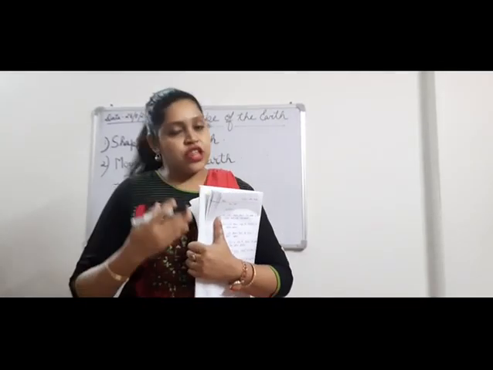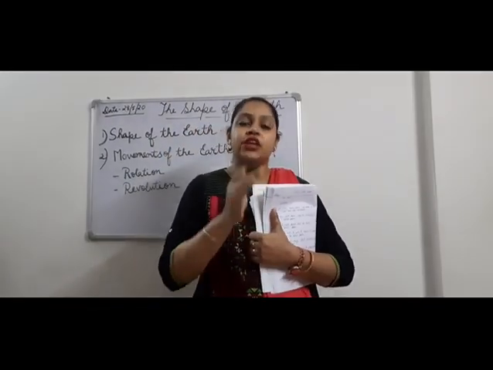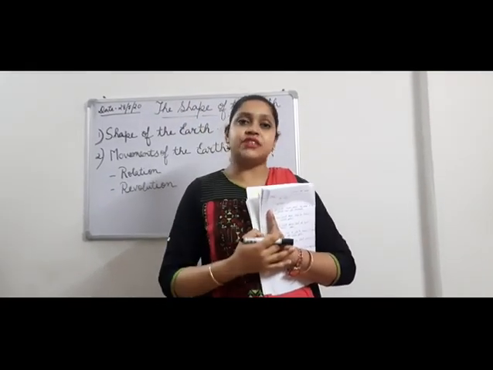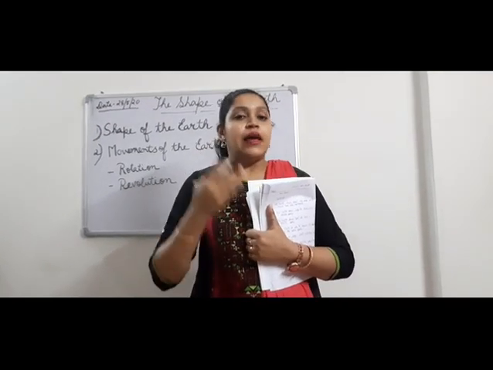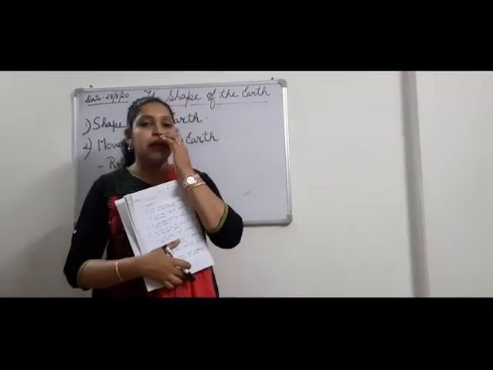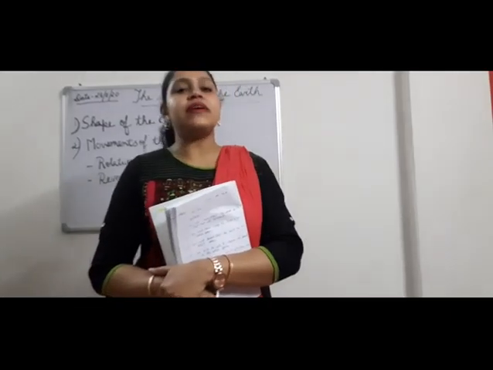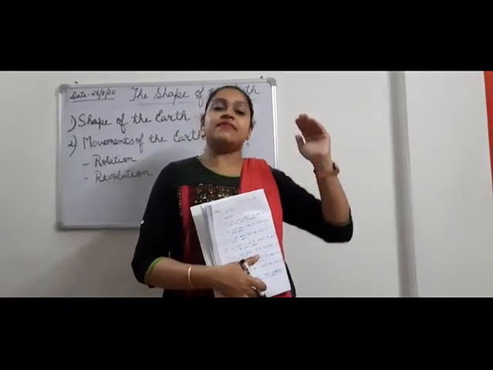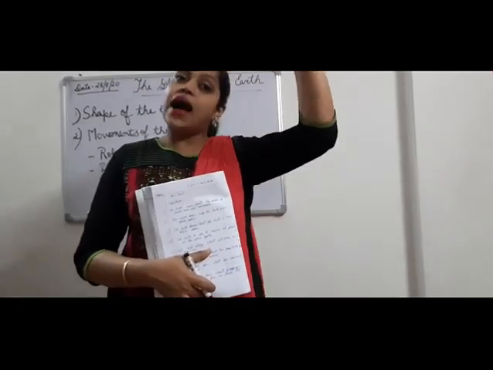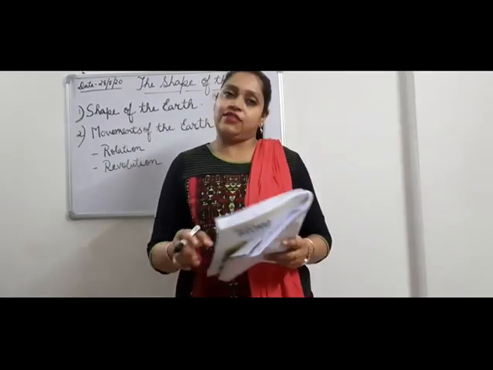Okay children, shall we proceed with the chapter? In your book, you can see a pink colour paragraph, which is a conversation between 3 children. When you read, you can see that the 3 children are discussing an astronomer. Now, who is an astronomer, children? An astronomer is a person who studies space, the skies, the stars, the moon, other planets, who studies the universe. That person is called an astronomer.